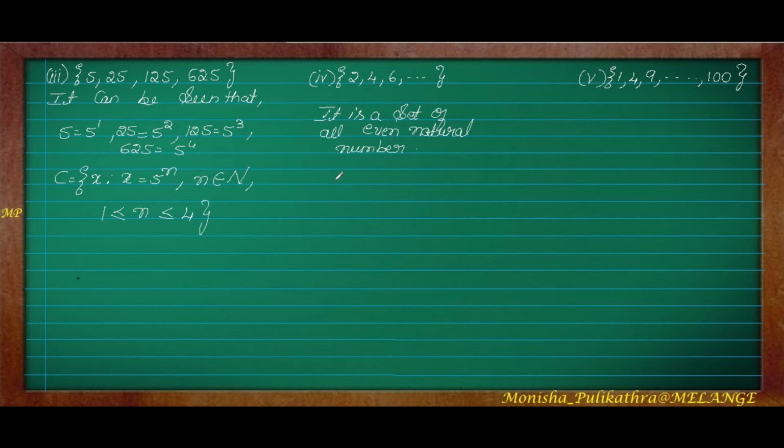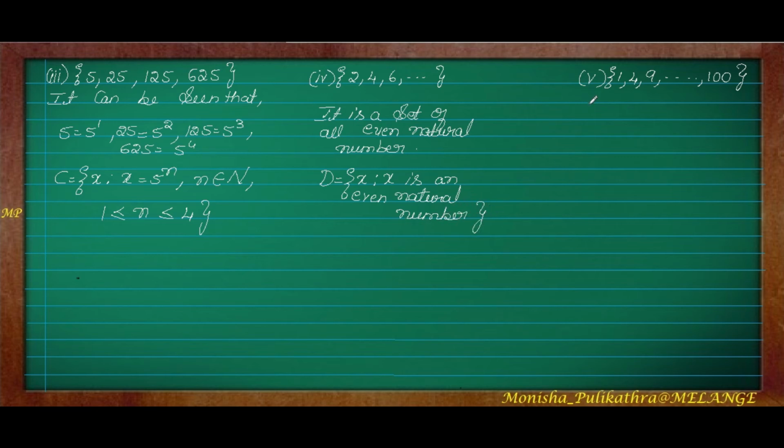In set builder method, let it be set D. So D is equal to x colon x. You have to write x colon in everything in set builder method, and this variable you can take as x, y, z, any variable. Here there is no need of writing any numbers. x is an even natural number. So this is the way of writing the set builder method for this.